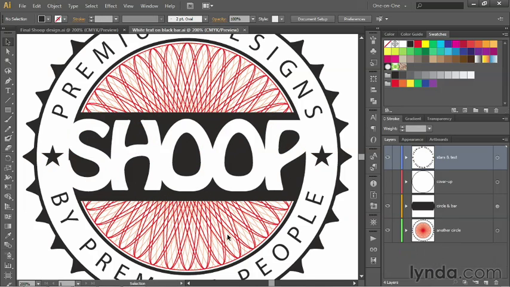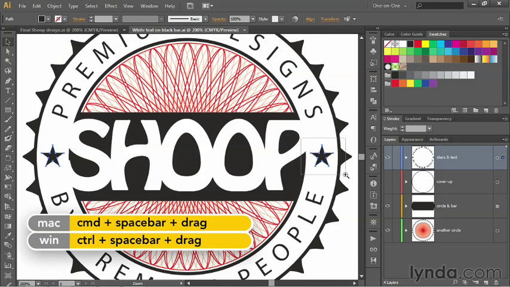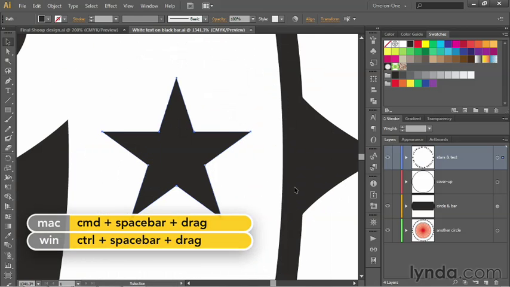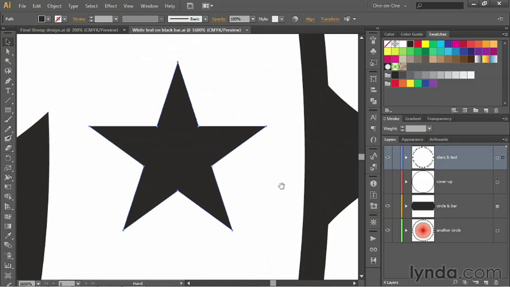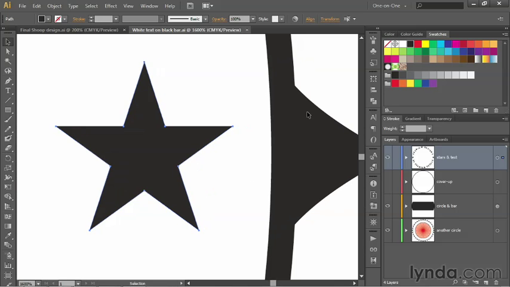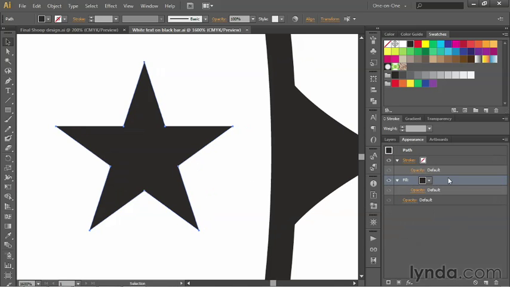I'll go ahead and switch over to my document in progress, and then I'll select the two stars by clicking on one and shift-clicking on the other with the black arrow tool. And I'll Control-spacebar drag, that's a Command-spacebar drag, around the right-hand star in order to zoom in on it. The first thing we want to do is switch over to the Appearance panel